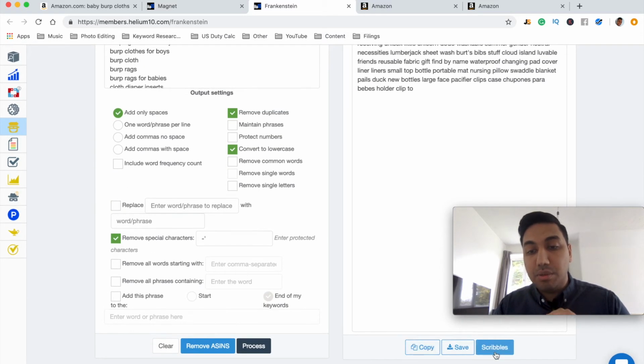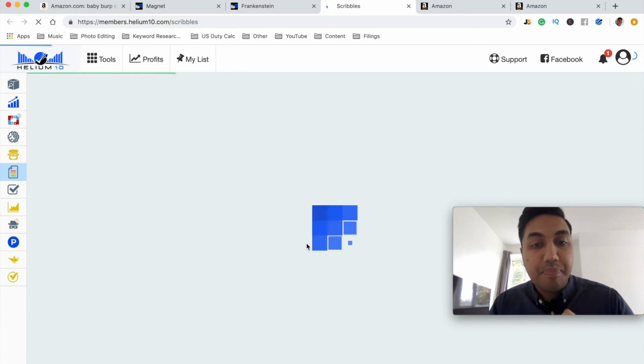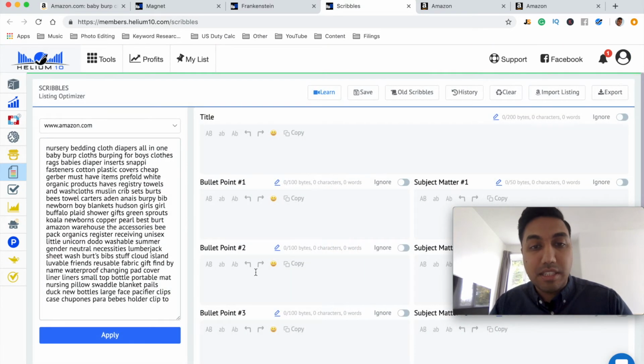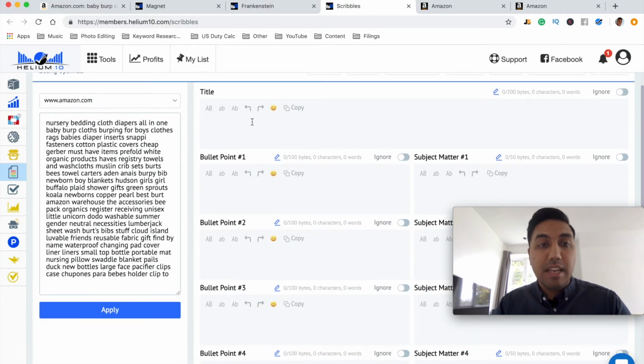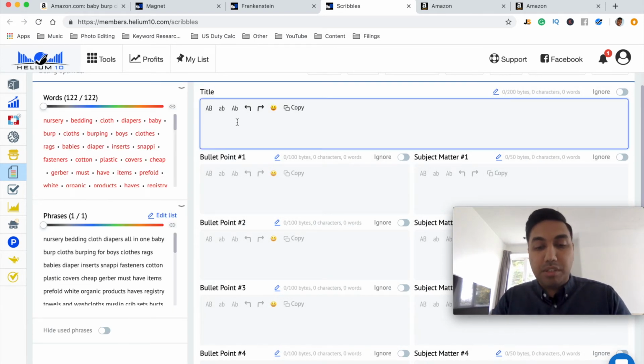If you wanted support in creating your listing as well, they also have something called Scribbles, which I just clicked on. So Helium 10 Scribbles will actually help you create your listing. And as you start typing, you'll apply that information here. As you start typing, what you will see is baby burp